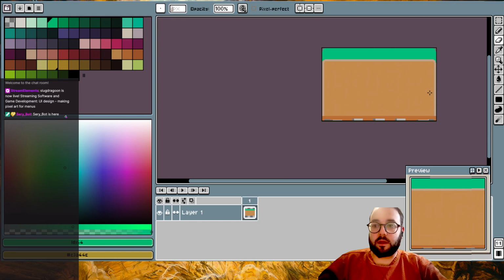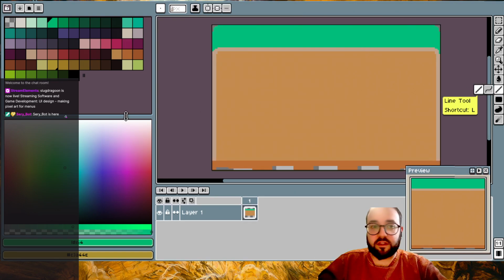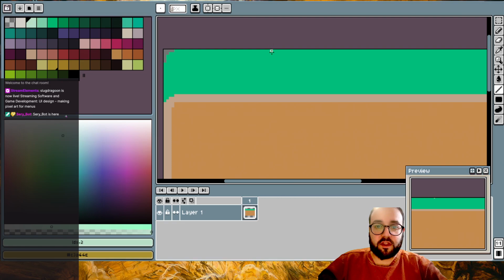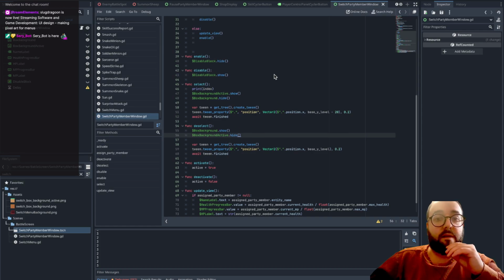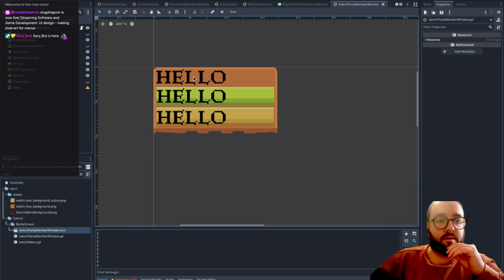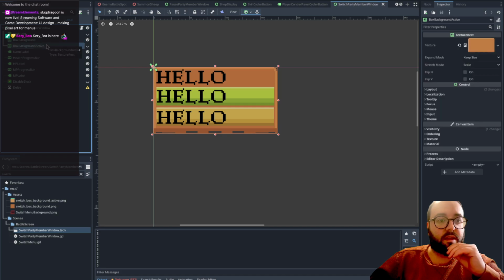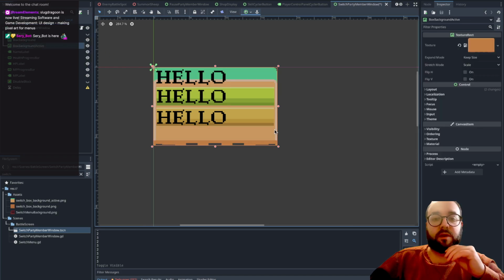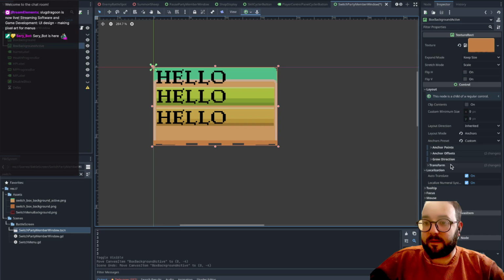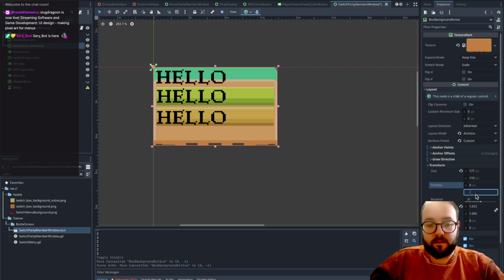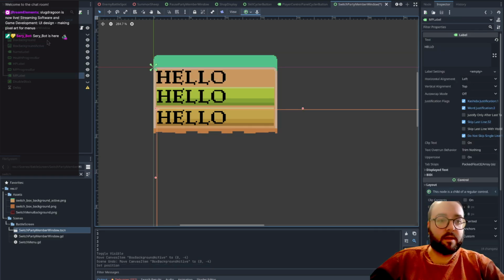Okay. We need to measure how long this is. So it says down in the bottom corner that is 17 pixels. And then what is this? Oh, you know what? Yeah, I don't have to put that in code. I just have to shift that up by 17 pixels. So there we go. So then we're switching between